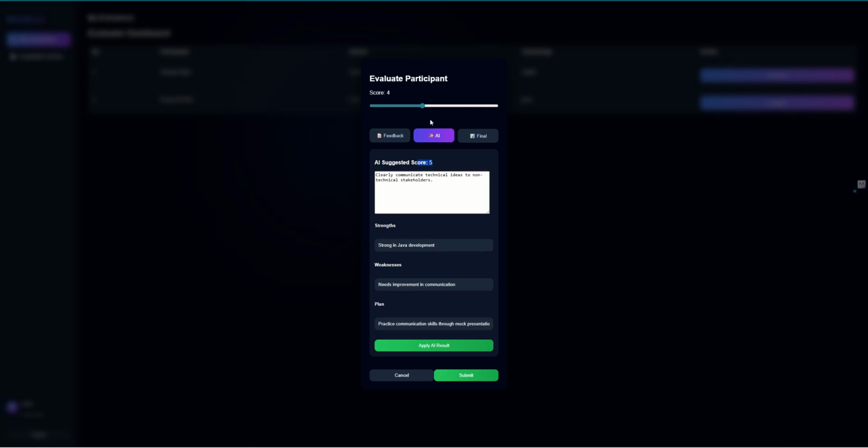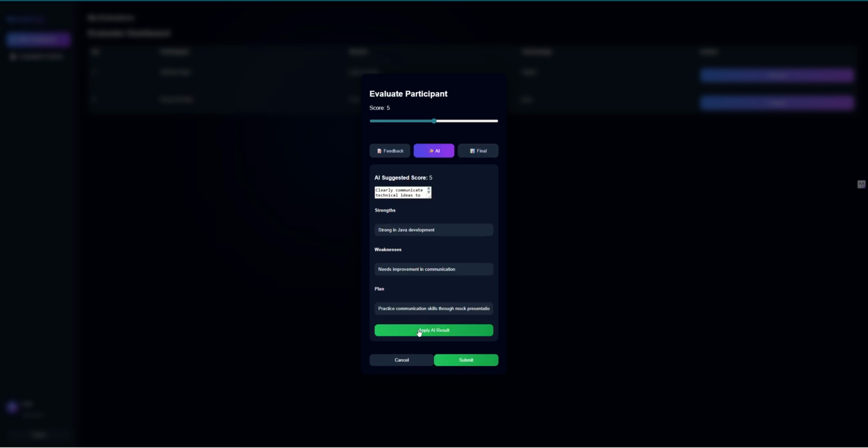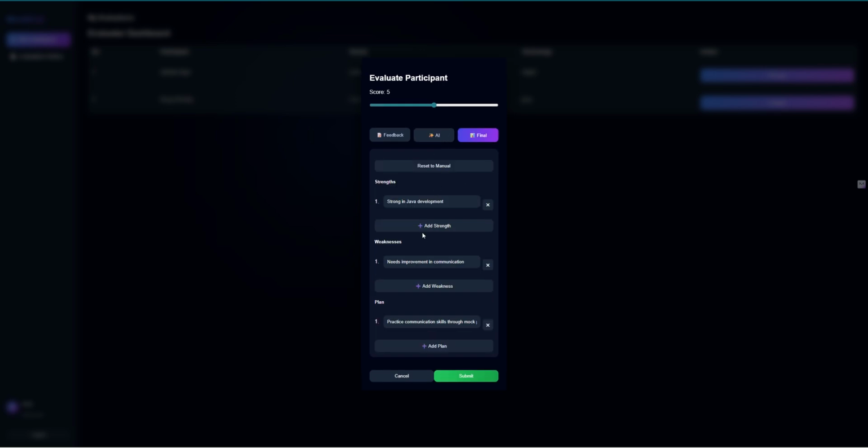So the suggested AI score is 5 according to the response, and AI has suggested some strengths, weaknesses and a practice plan for that student. Now if the evaluator wants to take this response, he can click on the apply button, otherwise he can do it manually. Once we click apply, all data is fed here, and then he can reset to the manual option if he doesn't want all this, and he can add extra strengths,